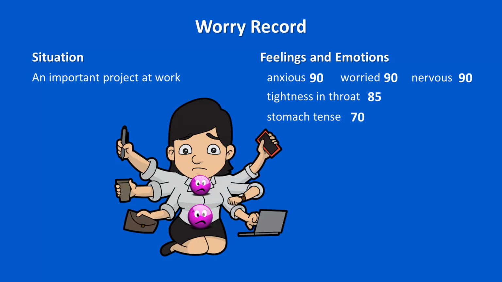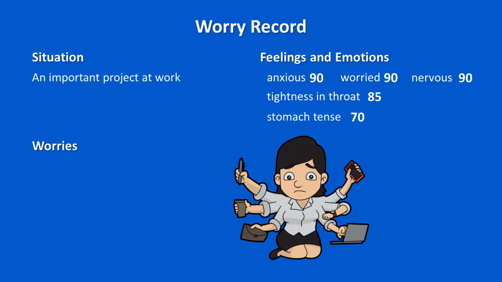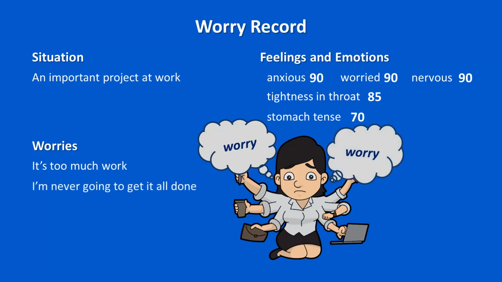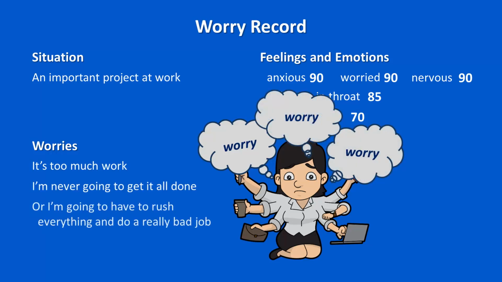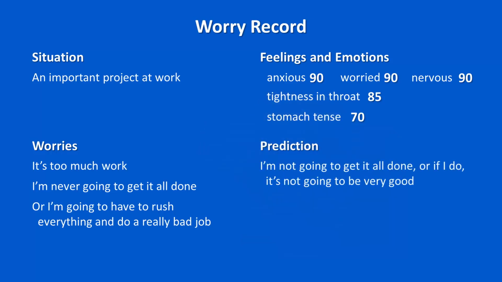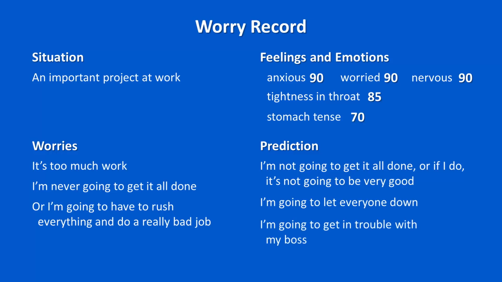And then we write down what we're worried about, what we're thinking or saying to ourselves, or just whatever's going through our minds. It's too much work. I'm never going to get it all done. Or I'm going to have to rush everything and do a really bad job. And then we write down what we predict is going to happen. I'm not going to get it all done, or if I do, it's not going to be very good. And I'm going to let everyone down, and I'm going to get in trouble with my boss. And then we rate how likely we think it is this prediction will come true on a scale from 0